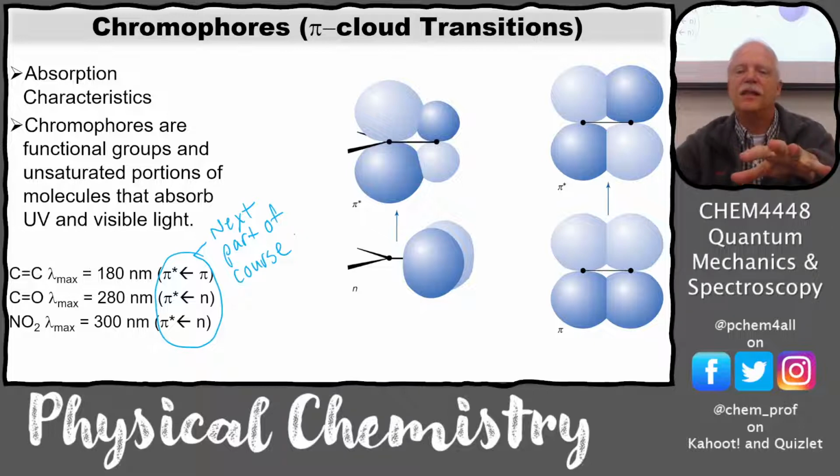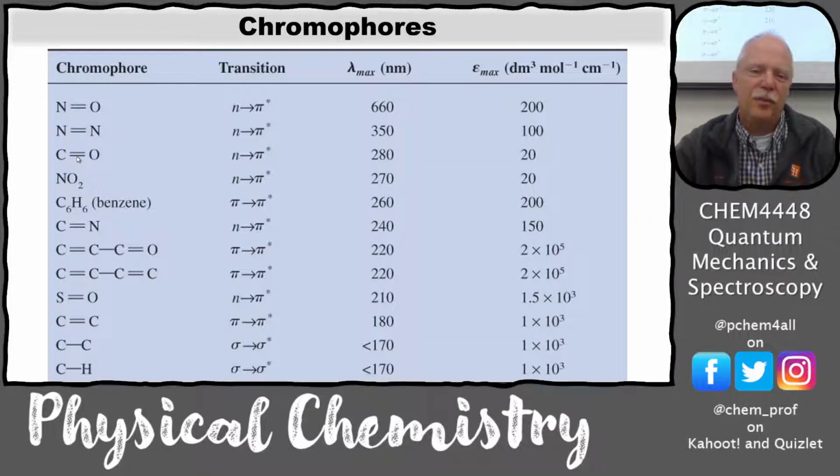Because some of these things can give color to the molecule, they're called chromophores. So chromo, again, meaning color. So these are the things in the molecule that can cause it to be a colored substance. In the past, they tried to use these to understand what the functional group was, but these peaks